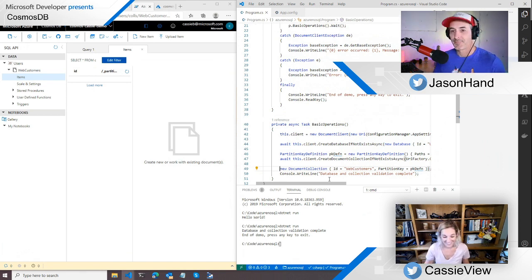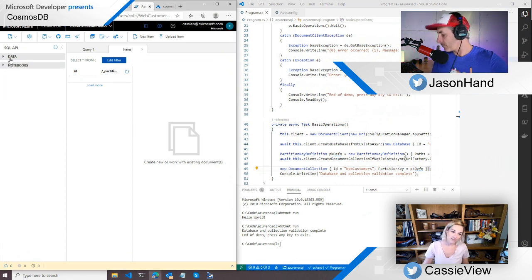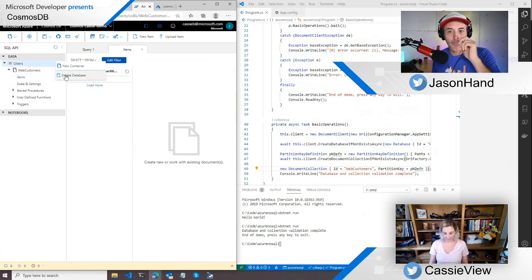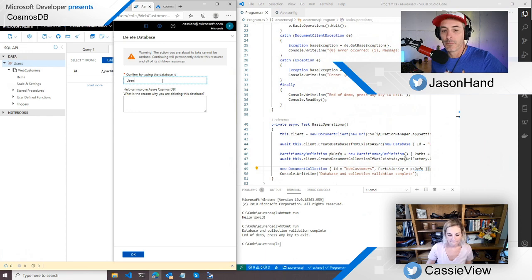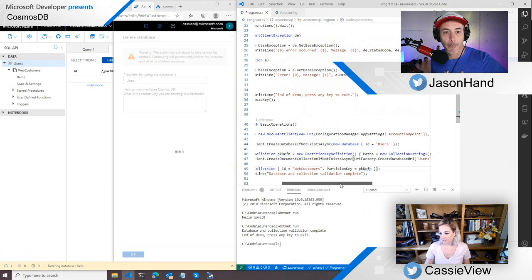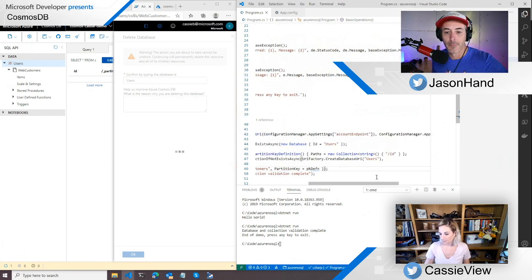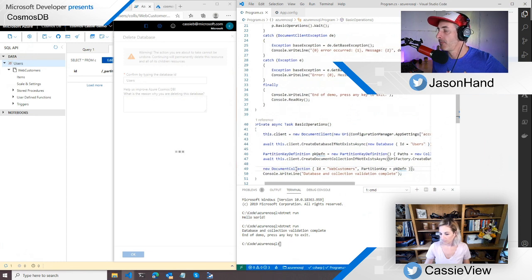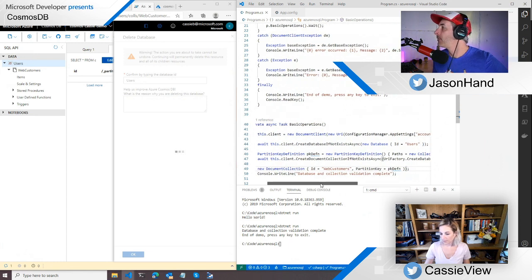And so, yeah. All right, so I'm going to delete this again and recreate it, because I don't think I can actually change the type of data. Okay, so I'm going to delete this and then we're going to run it again. So we're saying here is my partition key, and then we're going to create it here. And so when I create that collection,